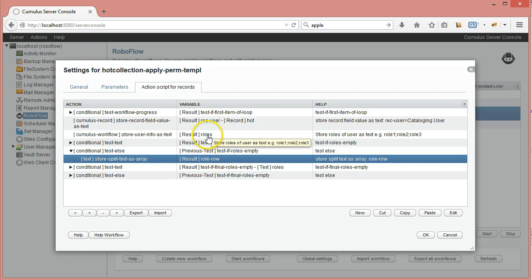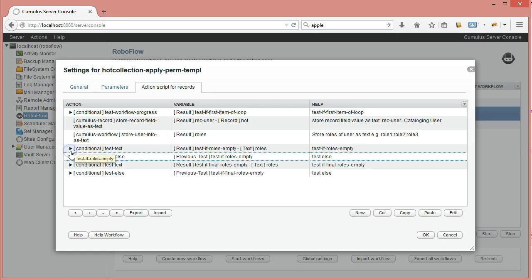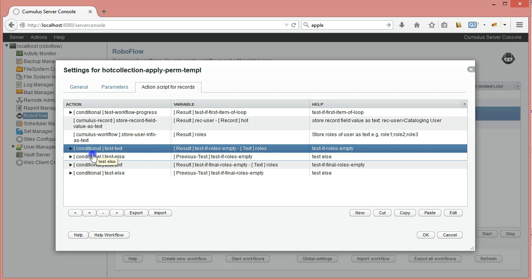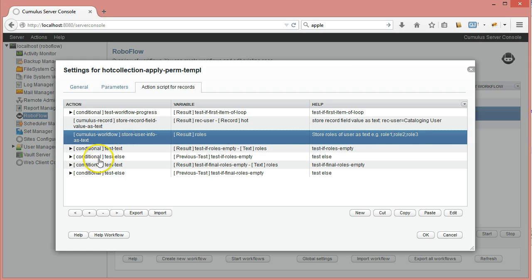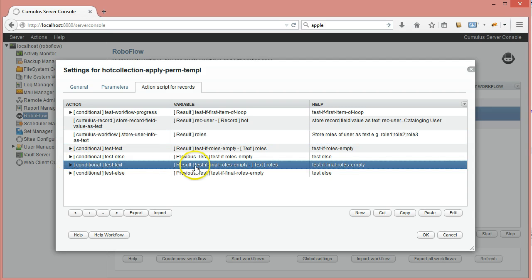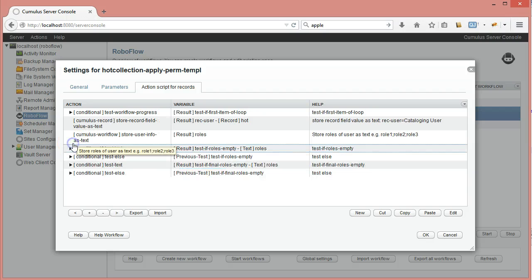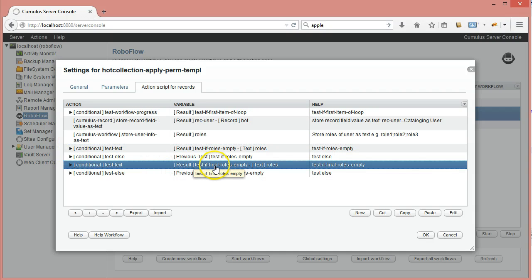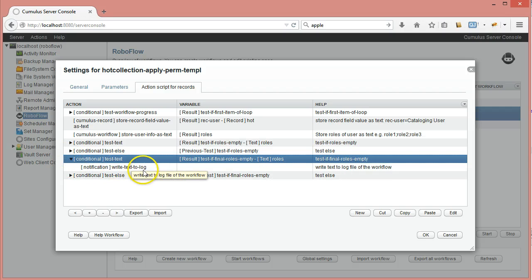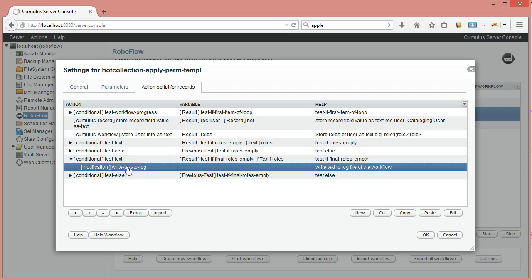So either the roles from Cumulus will end up as an array of rows called this way, or the ones from LDAP. Once I've processed those two, either searching by the Cumulus names or roles, or searching for the LDAPs, I test again the variable roles. And now you see why I wanted to store that under the name roles, to see if it's empty. Because if at this point it's still empty, that means that we just have to write in the log, sorry, I cannot find any roles for this